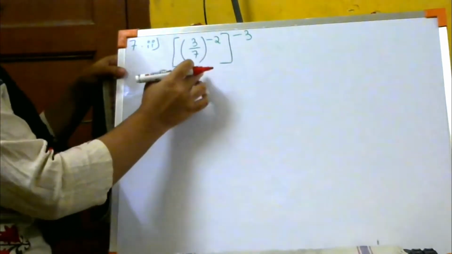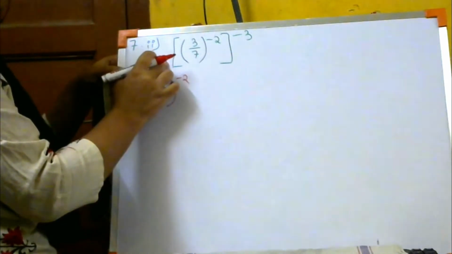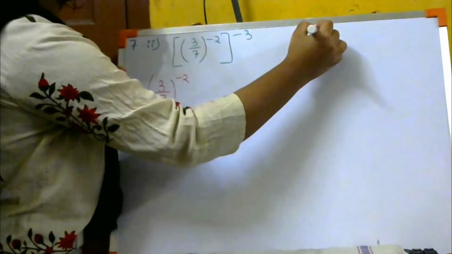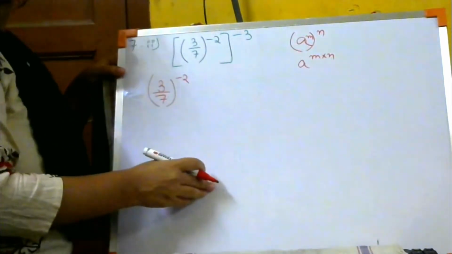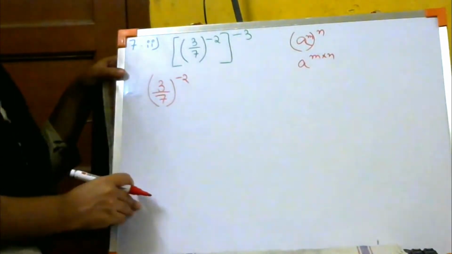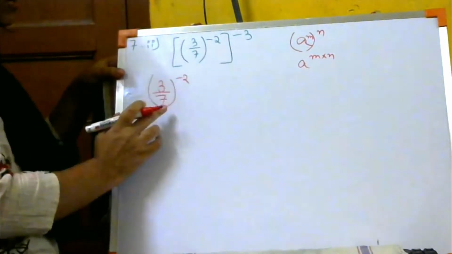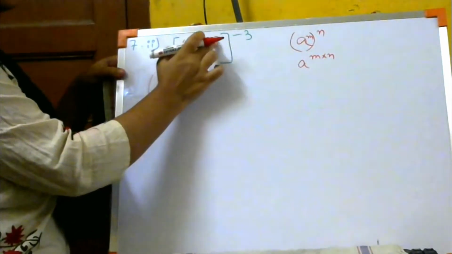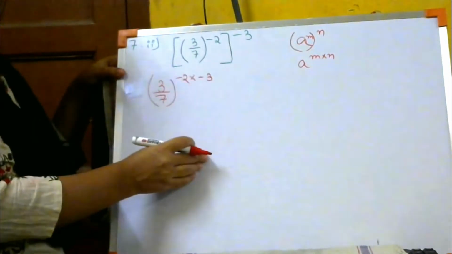Now I am opening this bracket. I am opening the big bracket. What will happen if I open the bracket? Do you remember this formula? (a^n)^m, n बाहर, तो a to the power n into m. Exponential का law है. I don't remember which law this is, but there is a law where you have to multiply the powers. So we are going to do the same thing. I am opening this big bracket. If I remove this bracket, तो -2 into -3 हो जाएगा. So into -3. ठीक है?